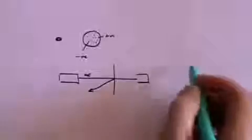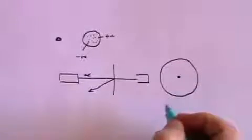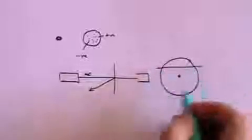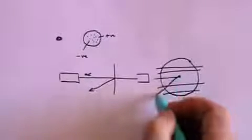And that gave rise to him saying that an atom is not made up like a plum pudding. It's made up of a very small nucleus with orbiting electrons such that the bulk of the alpha particles just go straight through, but only if an alpha particle gets very close to the nucleus